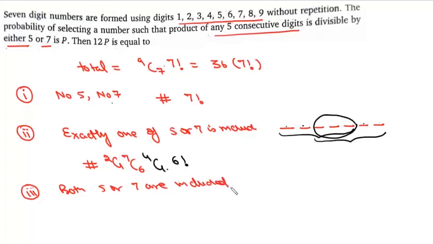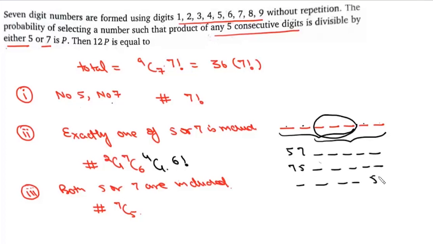Now if both 5 and 7 are included, in that case, we already have 2 numbers. That means from the remaining 7, we have to select any 5. So there will be 7C5. Now the numbers formed by them must not be divisible by 5 or 7 for any 5 consecutive digits. So it can happen if the number starts with 57, then we'll have 5 digits which are consecutive and not divisible by 5 or 7, or it can be 75, or it could be numbers ending with 57 or numbers ending with